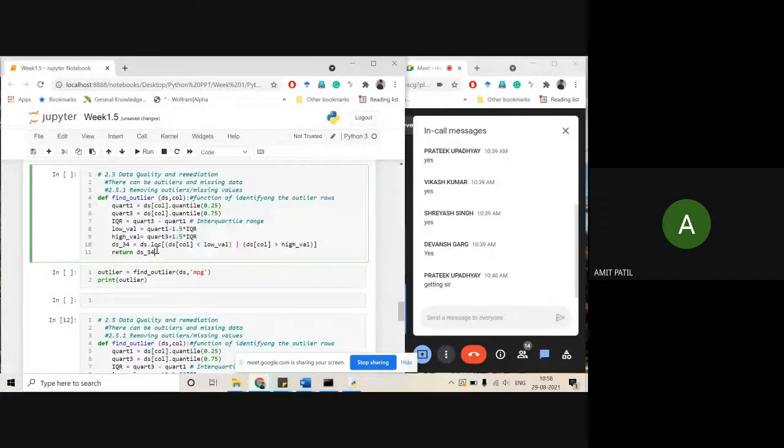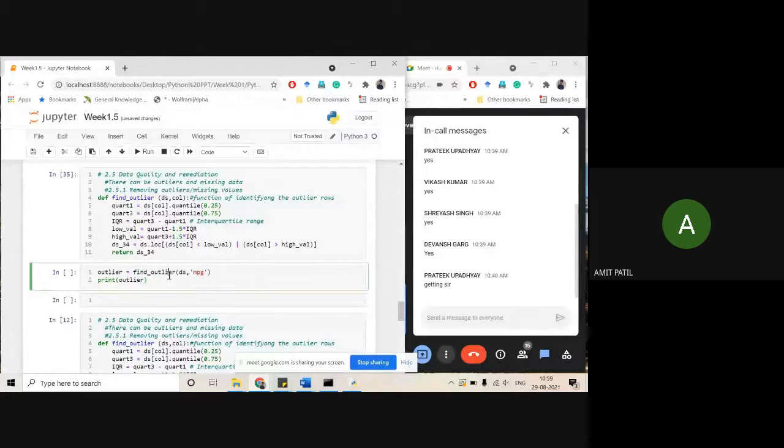Apart from this ds34, the lower value, higher value, IQR, quartile 1 and quartile 3 are in temporary memory, so these values will not be stored in your system memory. After running the code, you cannot call the lower value and higher value because they are not stored in the system.